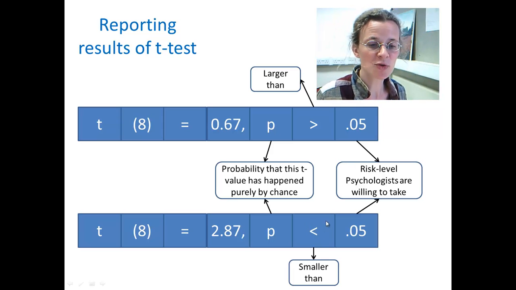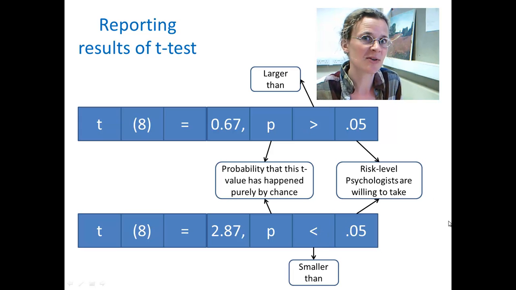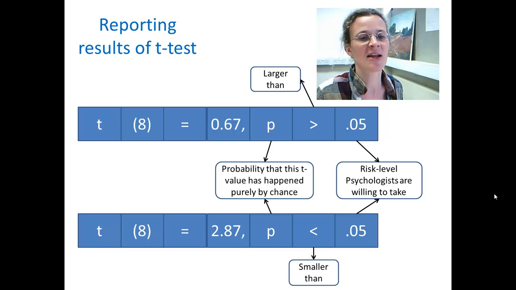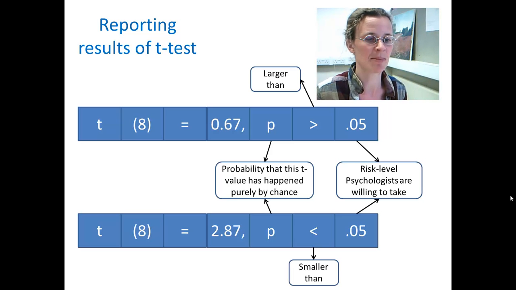Where things went wrong was often this sign, the larger than, smaller than. And I couldn't work out whether it was because you didn't understand what the sign meant, or whether you didn't understand whether it was smaller or larger than. So I've pointed that out whenever that was the case. I hope that makes it a little bit clearer. If not, please ask. I'm always happy to talk about p-values.